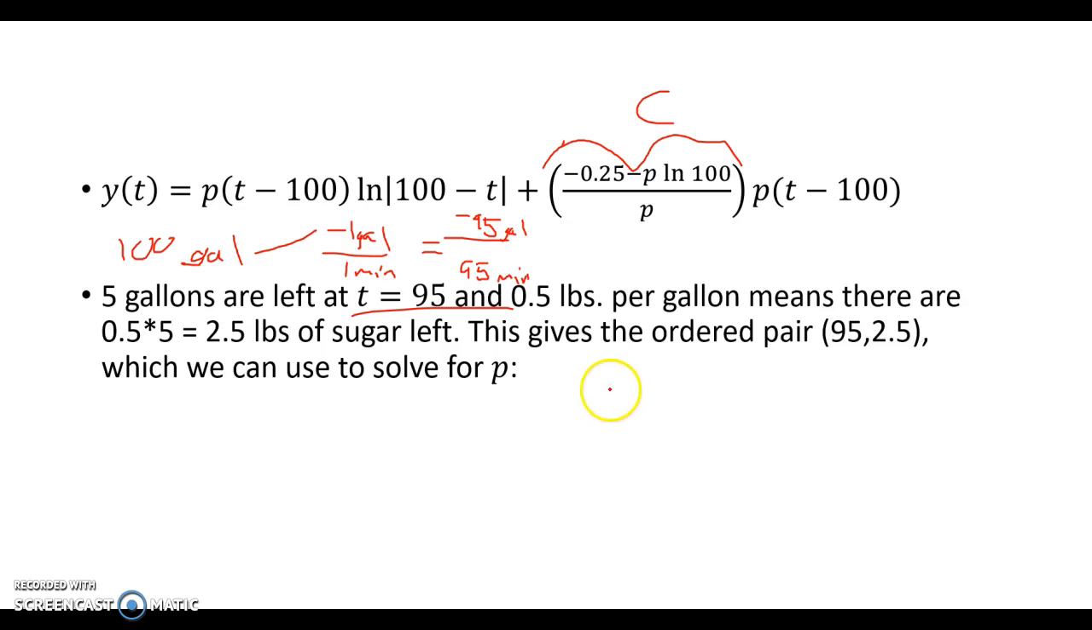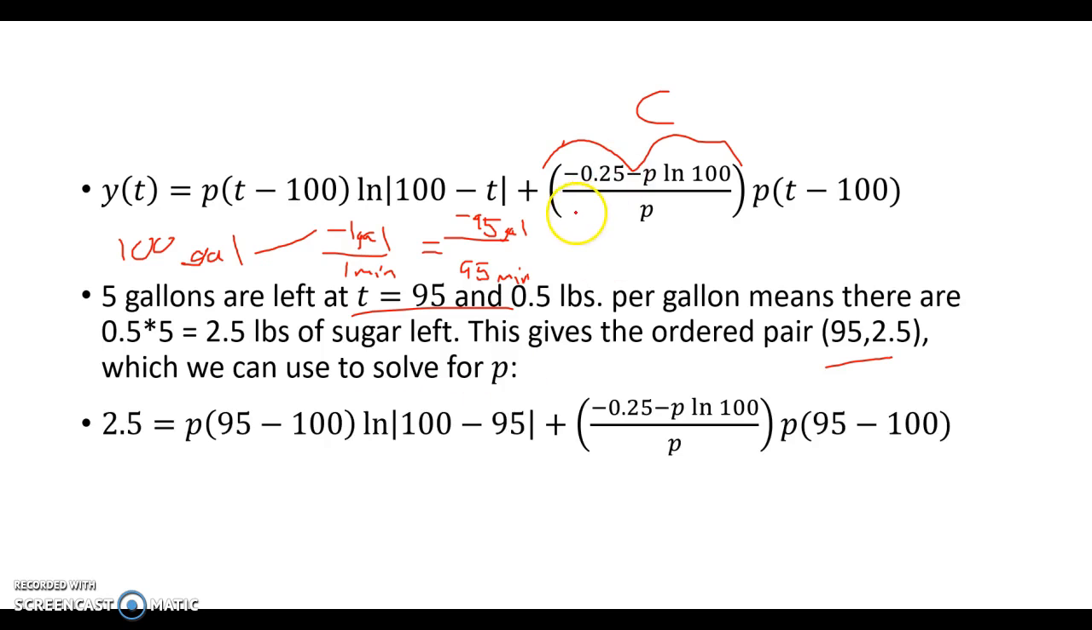So basically, this gives me an ordered pair. At time 95, I want 2.5 pounds, which we can use to solve for P. So now I've got a new ordered pair. Plug in 2.5 for Y back up here. And then now I'm going to plug in 95 for time here, here, and here. And what I get when I solve this equation using technology or whatever you want to use, you get